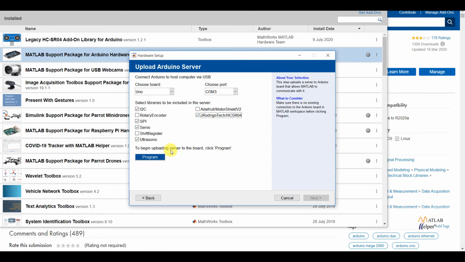Then we have to upload this program to the board, so click on the program, and you can see the program is getting uploaded to the board. It might take a few minutes to upload.